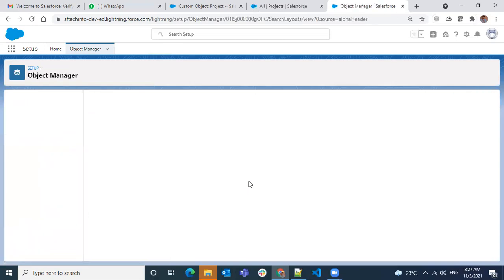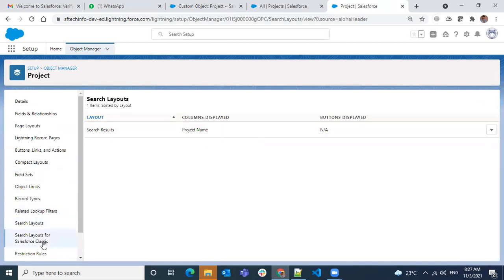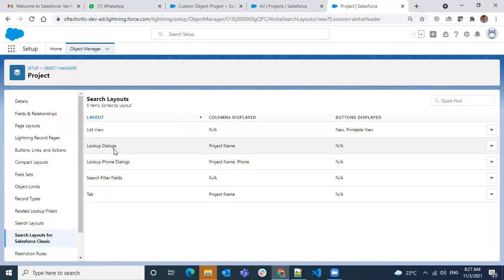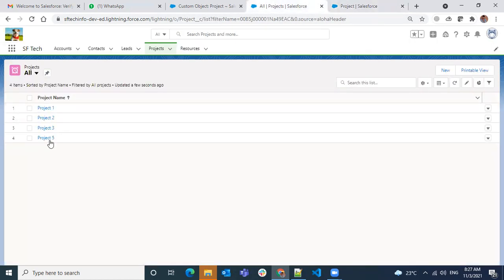Okay, coming back. Now, lookup dialogs and lookup phone dialogs. Basically, the phone dialogs will be used when you're using a mobile, and the other when using a laptop or system. What it means is, this is a project.